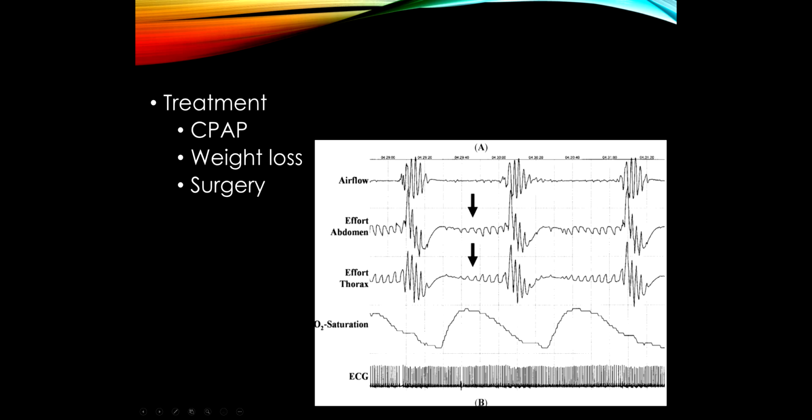One of the most helpful treatments for this is continuous positive airway pressure. The patient wears a mask that delivers some increased pressure to help keep the throat open. Many individuals just hate wearing this, though. Even though it can be helpful, the CPAP can mechanically make it difficult for patients to sleep. Weight loss can be helpful. And if a patient has a lot of posterior pharyngeal tissue or tonsils, we can have ear, nose, and throat remove those to try to facilitate airway opening.